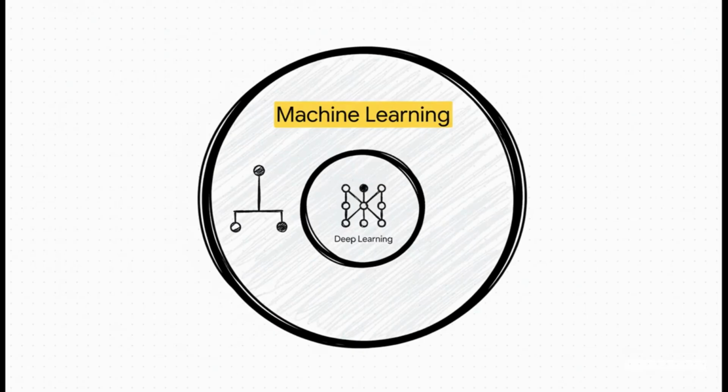And now we have deep learning. Think of this as a super-powered, advanced type of machine learning. It gets its name because it uses these complex structures called neural networks that have many, many layers, hence deep. These are loosely inspired by the structure of the human brain, and honestly, this is the magic behind some of the most mind-blowing AI we see today, like incredibly realistic image generation and, yes, those self-driving cars.